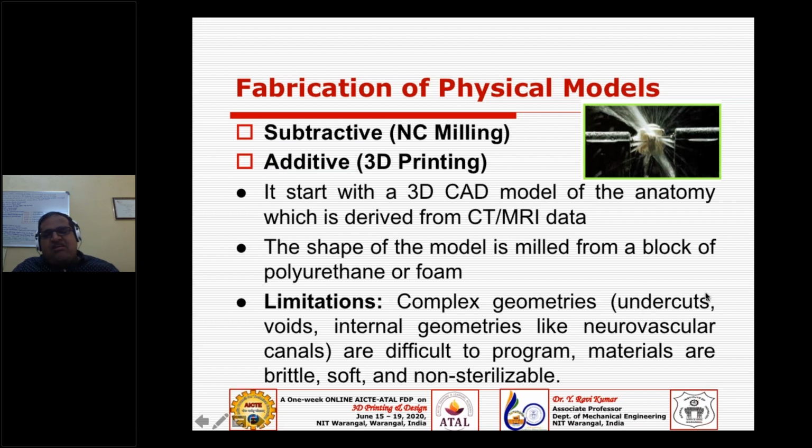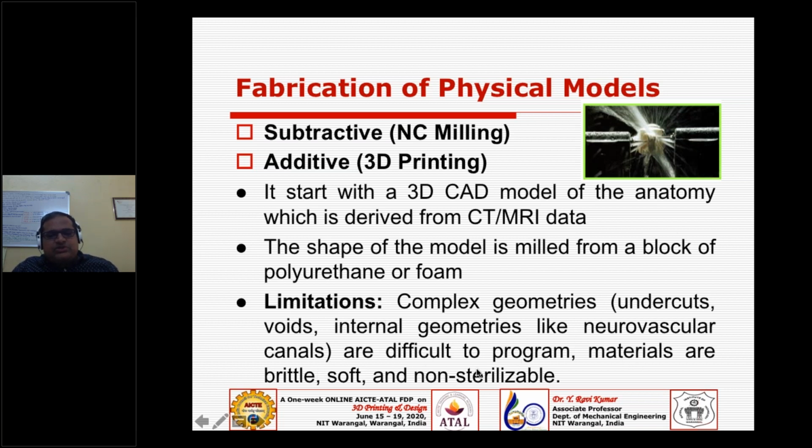So you have a lot of undercuts, and you have a lot of voids in any anatomy, and you have internal geometries like neurovascular canals. So altogether, it is very tough for conventional manufacturing or fabrication methods to make these biomodels, which are derived from the CT or MRI data. And of course, there are some other issues also.